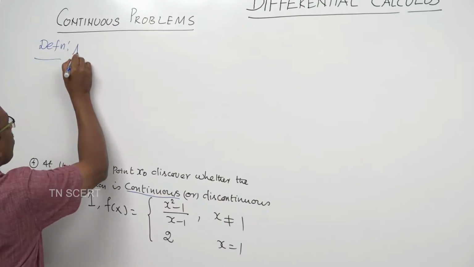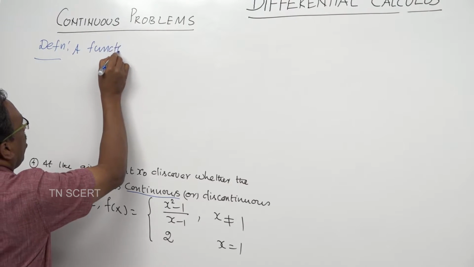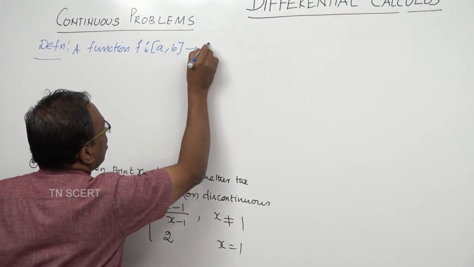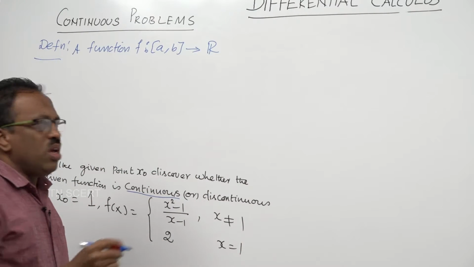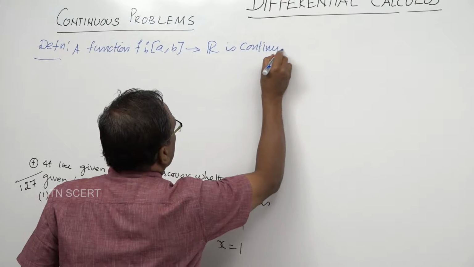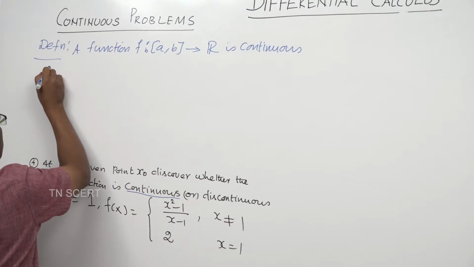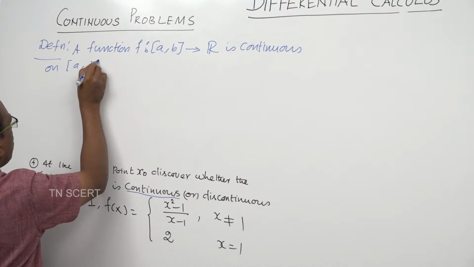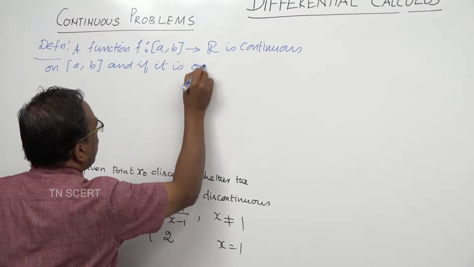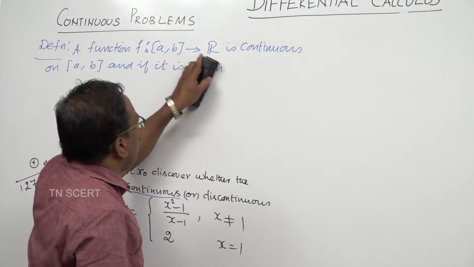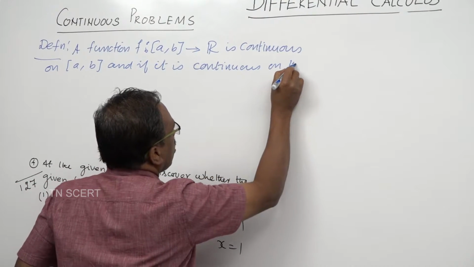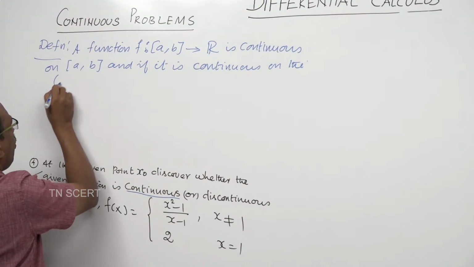A function f mapping from a closed interval [a, b] to the real numbers R is continuous on the closed interval [a, b], and if it is continuous on the open interval (a, b),